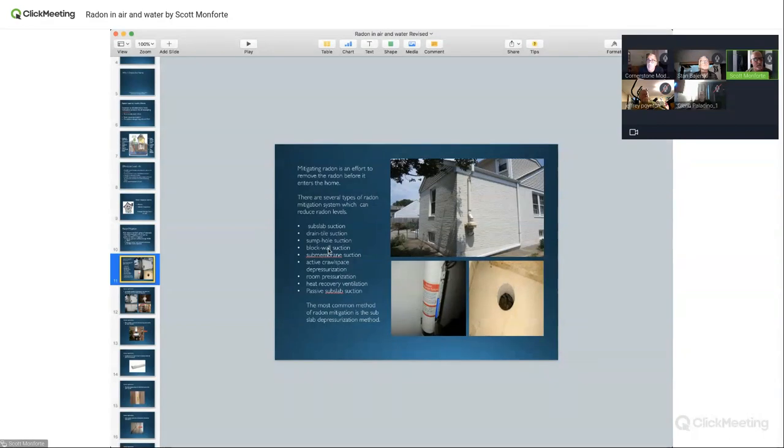The problem is we deal with a lot of older homes, and sometimes it could be, I know one time Stan and I had a job where the soil under it was so tight. Process usually under a driveway. You can have clay, you can have rock and clay, volcano rock, all kinds of stuff. The tighter the soil, the harder it is to mitigate.